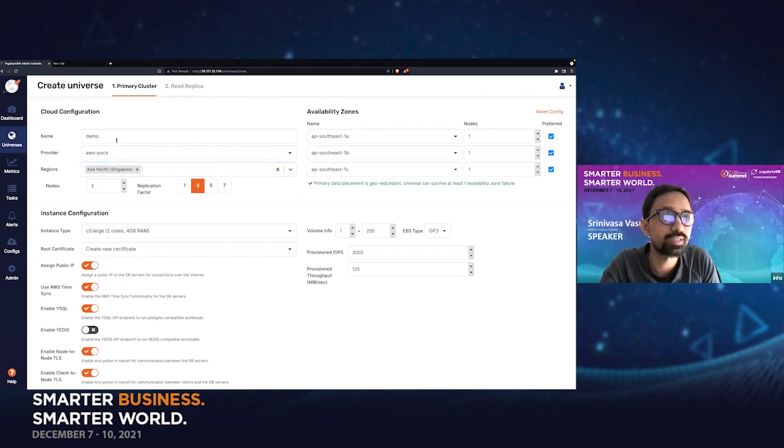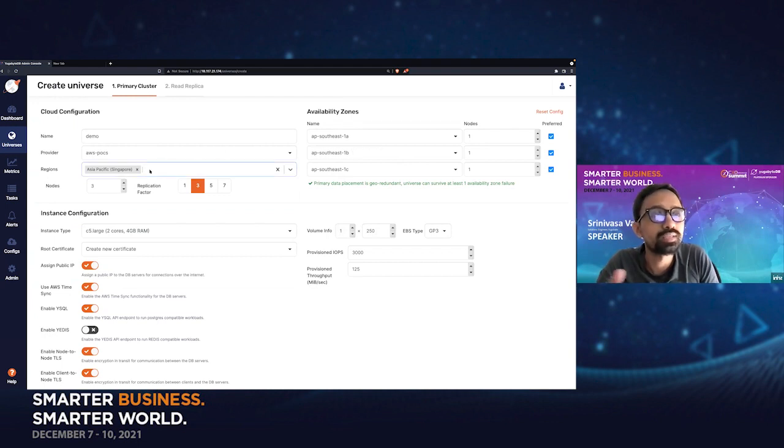So in this case, it's a single cluster with a replication factor of 3. That ensures that you always have 3 copies of the data, and it's distributed across 3 different availability zones, right? So this ensures zone-level failure tolerance. If 1C goes down for some reason, your cluster will still be intact to serve your read and write traffic,